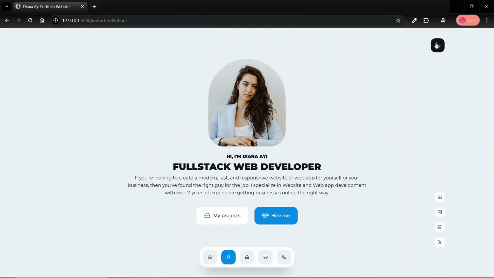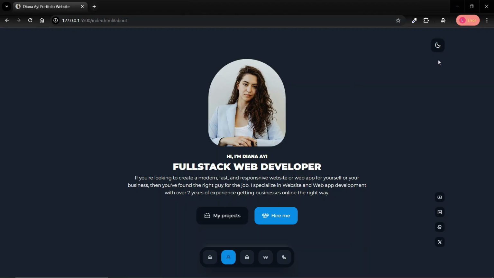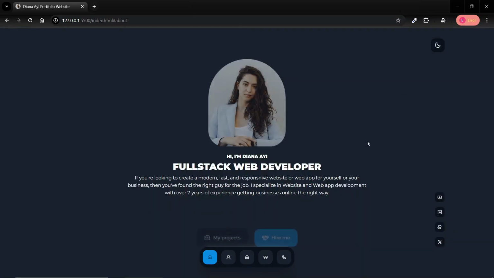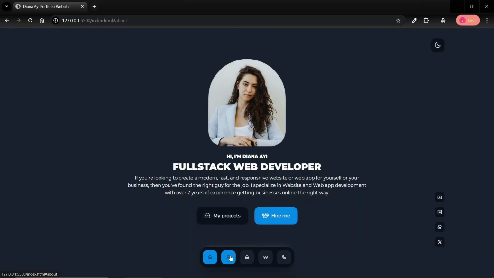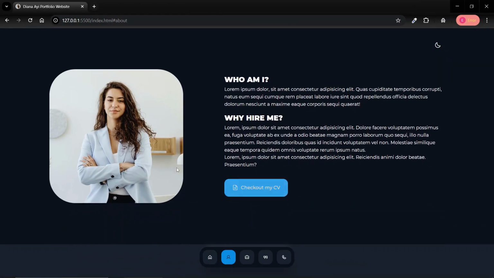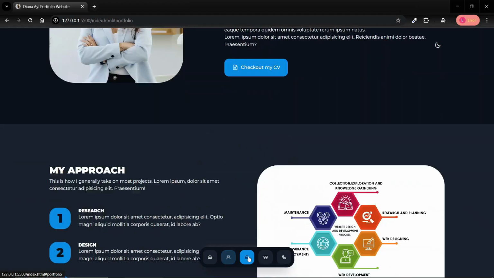And the dark theme also persists to local storage, and that means once the person or your visitors come back to the web page, the website is going to remember the theme that they chose. I hope that makes sense. All right, so let's go a little bit down, and there's the about section of the web page. Let's go down to